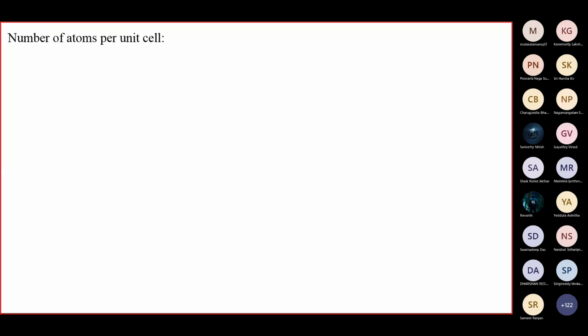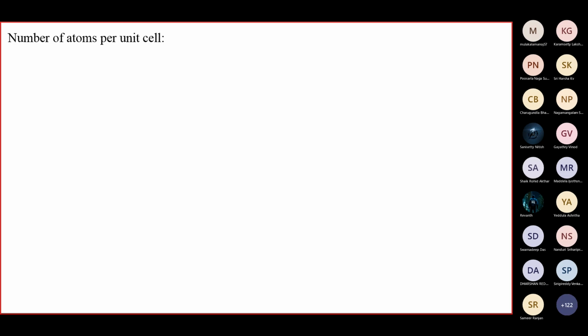The unit cell is defined as the smallest repetitive unit of the lattice. So now, at each of these lattice points, we place an atom or molecule, which we call the basis. Considering a single atom is placed at each of these lattice points, what would be the number of atoms per unit cell? We will discuss this in the same cubic structure.